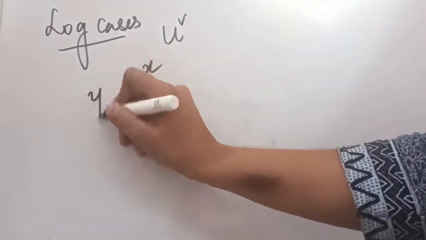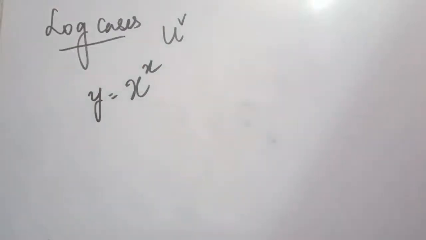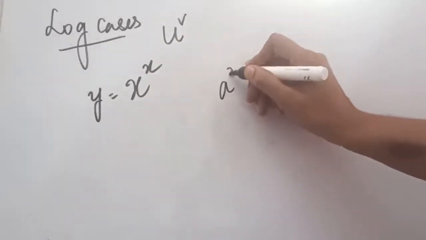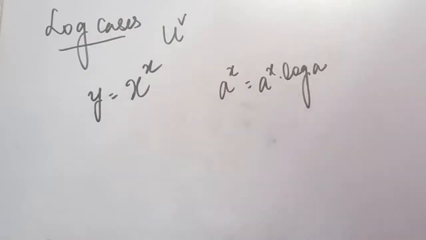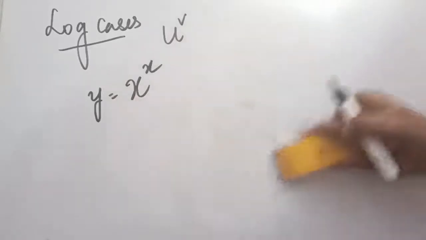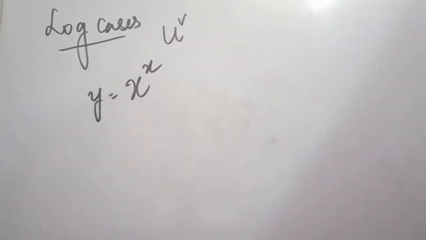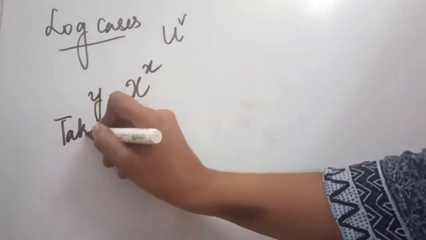Now this is a question, in such cases you may be asked to calculate the differentiation. So the first step is the same that we have done in every question, keeping this equal to y. Now if you want to solve this simply, you can solve it. But you know that we have done a to the power x is equal to a to the power x into log a. This we have done, but here both the functions are the same. So in such cases we try to solve these questions with the help of logarithm. Now here you will write: taking log on both the sides.